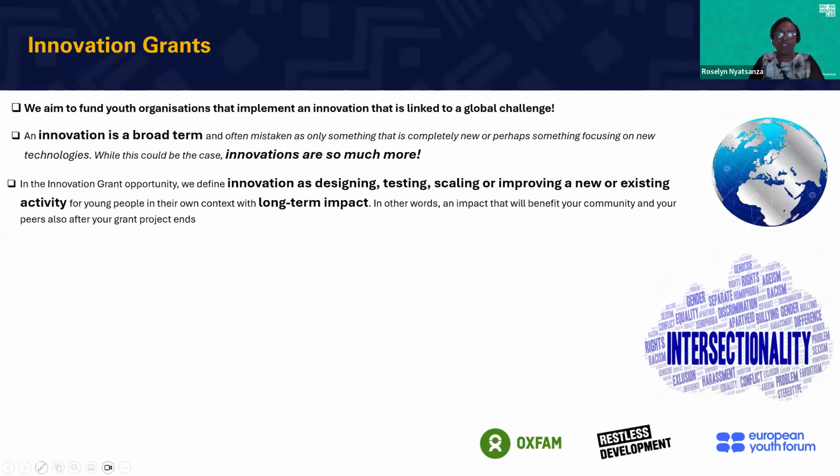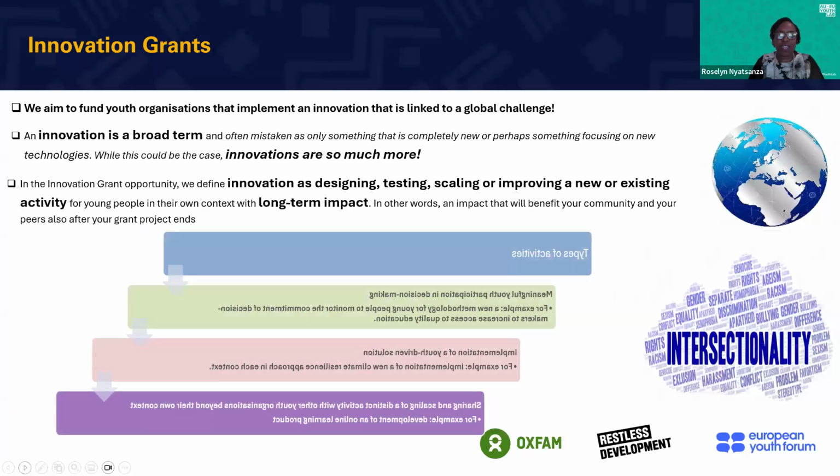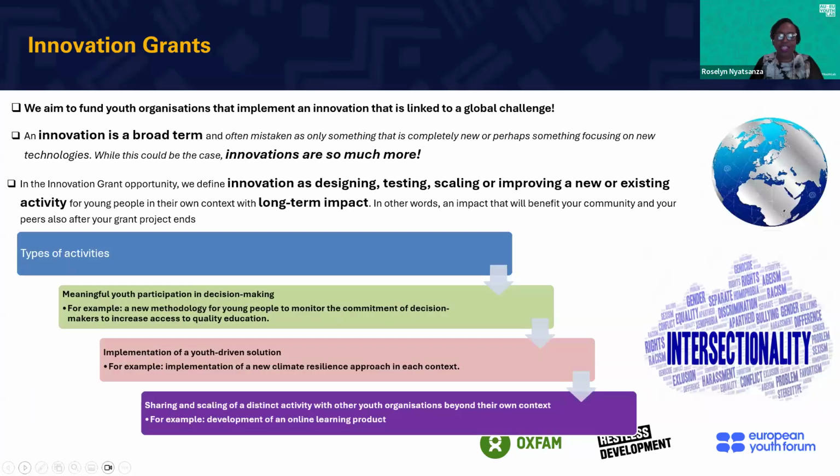In other words, we're looking for an impact that will benefit your community and your peers even after the grant period has ended. And so note that we're looking at innovation as designing, testing, scaling, and improving something that's new or existing. And so some of the activities in terms of examples that we can give you around innovation grants,